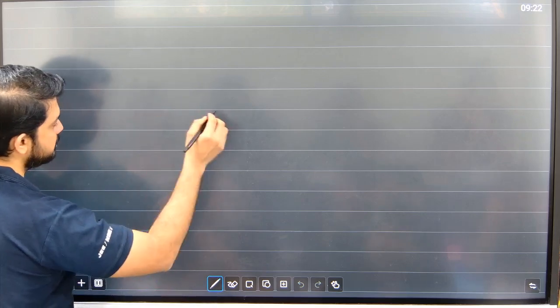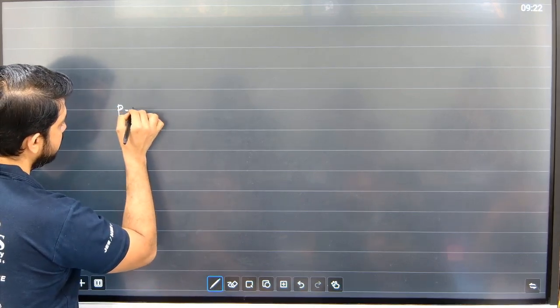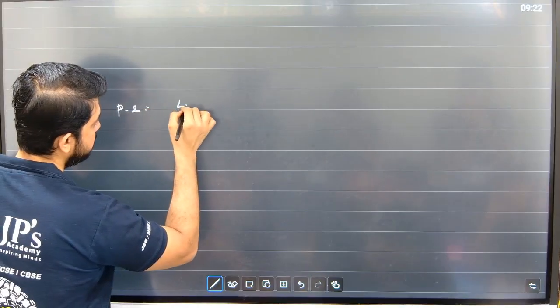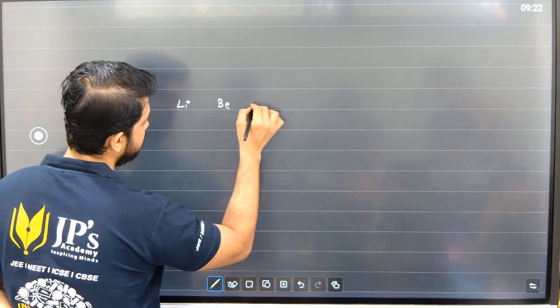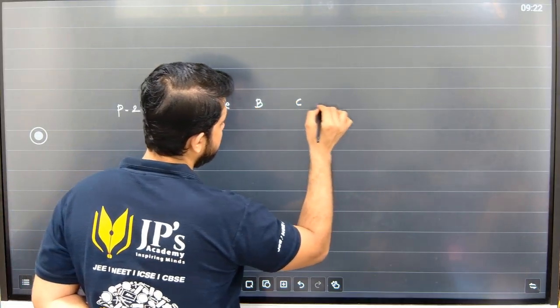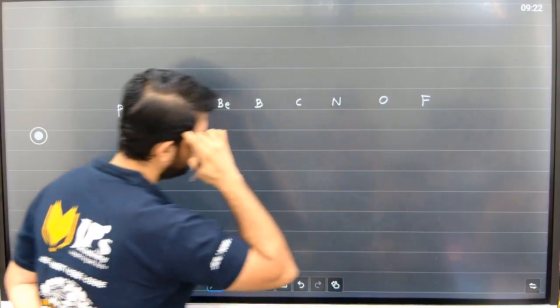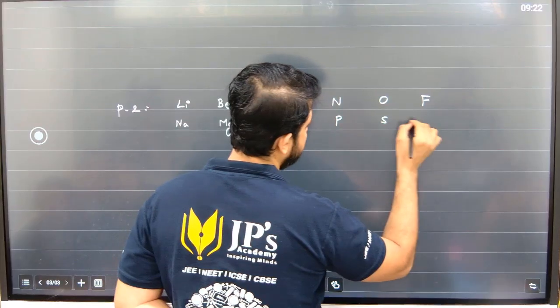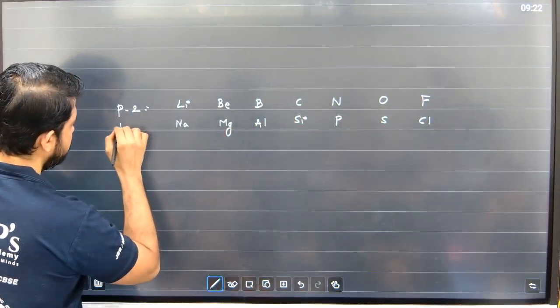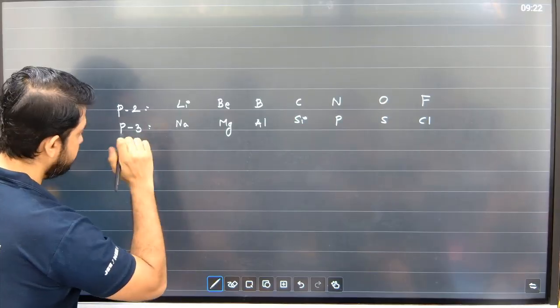Okay, give me the elements of the second period, people. We have lithium, beryllium, boron, carbon, nitrogen, oxygen, and फ्लोरीन. इनके एक पीरियड नीचे जाता है तो कौन होगा? सोडियम, मैग्नीशियम, एल्यूमिनियम, सिलिकॉन, फॉस्फोरस, सल्फर, ये हो गया हमारा पीरियड 3। एक और पीरियड नीचे चलता है, पीरियड 4,